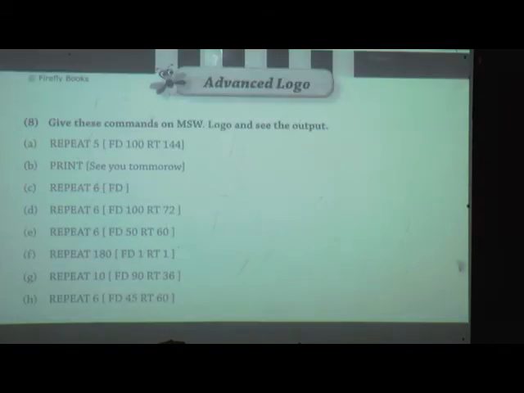Now next one: give this command in MSW Logo and see the output. The first one is repeat 5 FD 100 RT 144. Then what will become? This star will become.